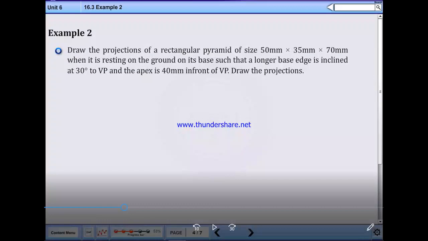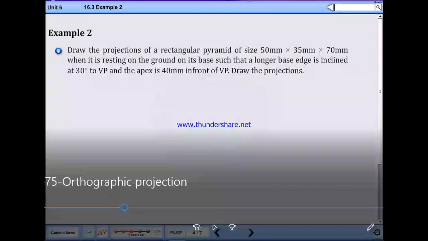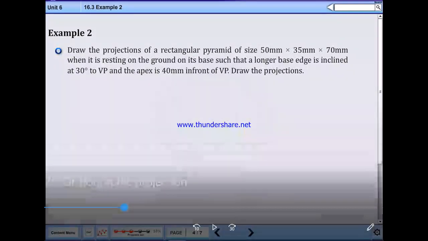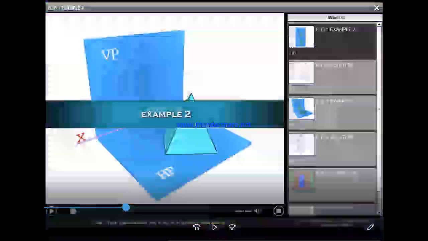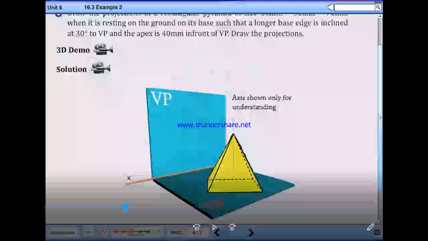Please note. This will be explained in 3D view, then the solution. First note down the figure.